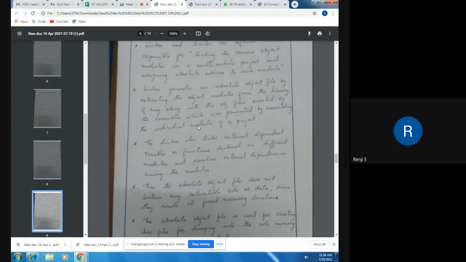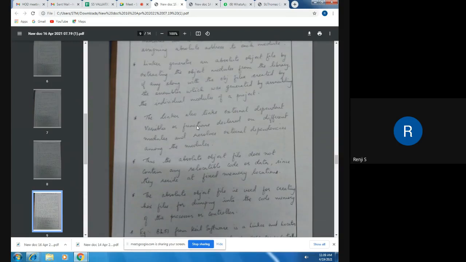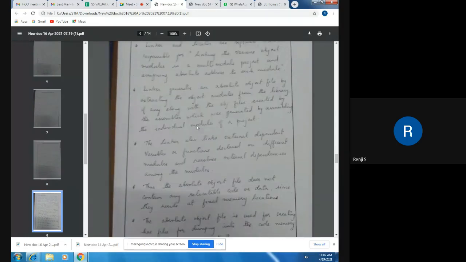The object file created after assembling is called the simple object file, and that is called a relocatable segment because it can be placed anywhere in the code segment. But after the linking process, it is given a permanent address, and that object file, which is given a permanent address in memory, is called absolute object file. And this is done after obj files are created by individually assembling the individual modules.